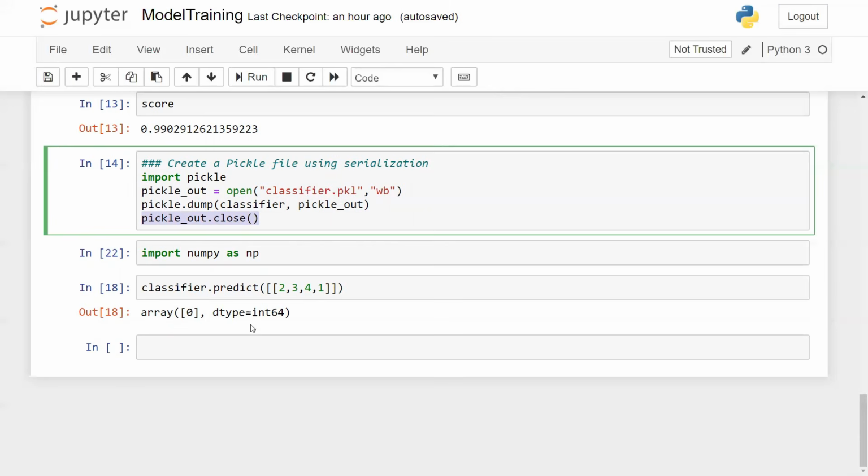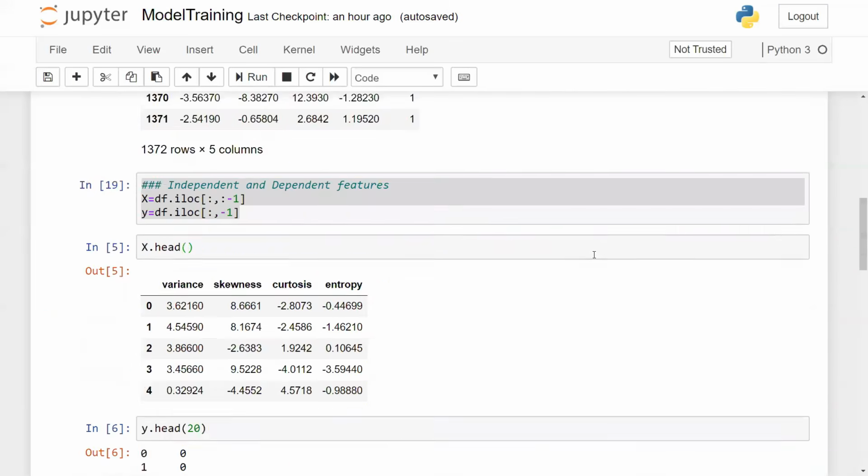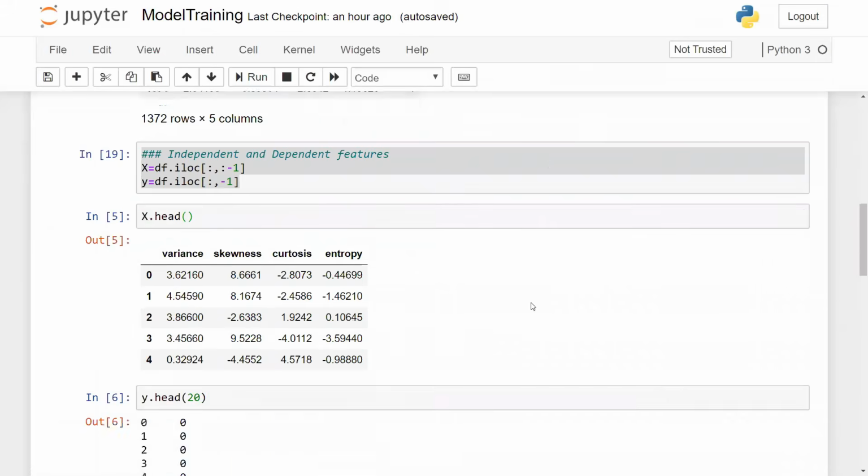And if you want to do the prediction with respect to this particular file, guys, you just have to provide your inputs like this. Suppose this is one row of inputs that I want to provide and find out which group it belongs to, whether the note is authentic or not. So I'm getting this particular value. Pretty much simple till now. Again, I'm telling you why I have gone and shown you this particular code, because everybody is almost familiar with this.